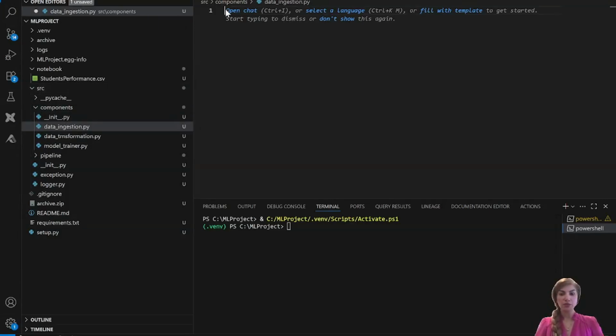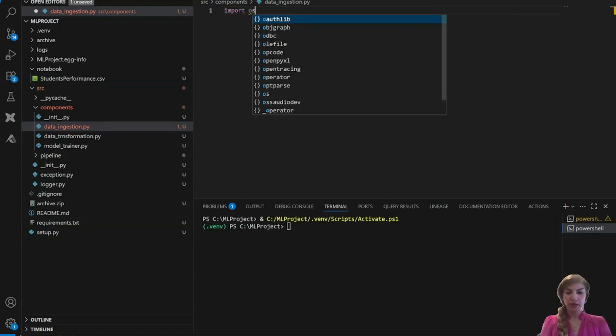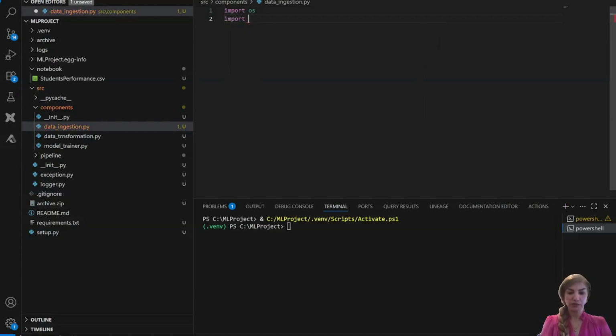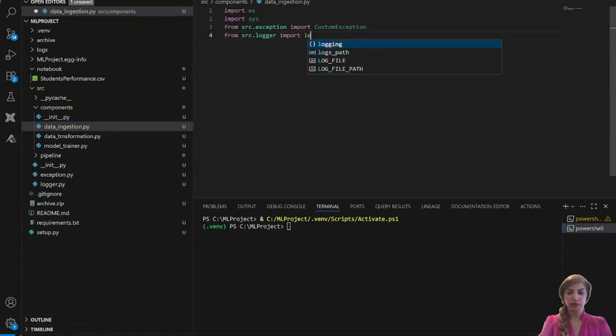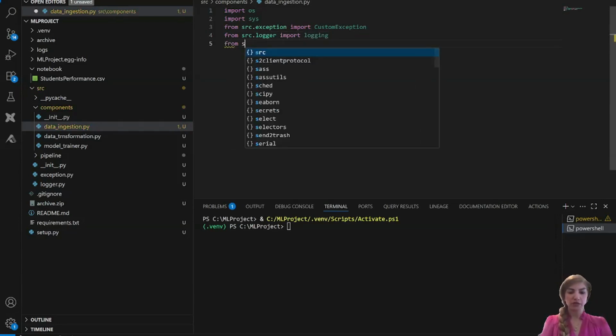First of all, we need to import all of the necessary libraries: import os, import sys, from src.exception import CustomException, which we already created ourselves, for handling exceptions. Import logging for handling the logging, and from scikit-learn